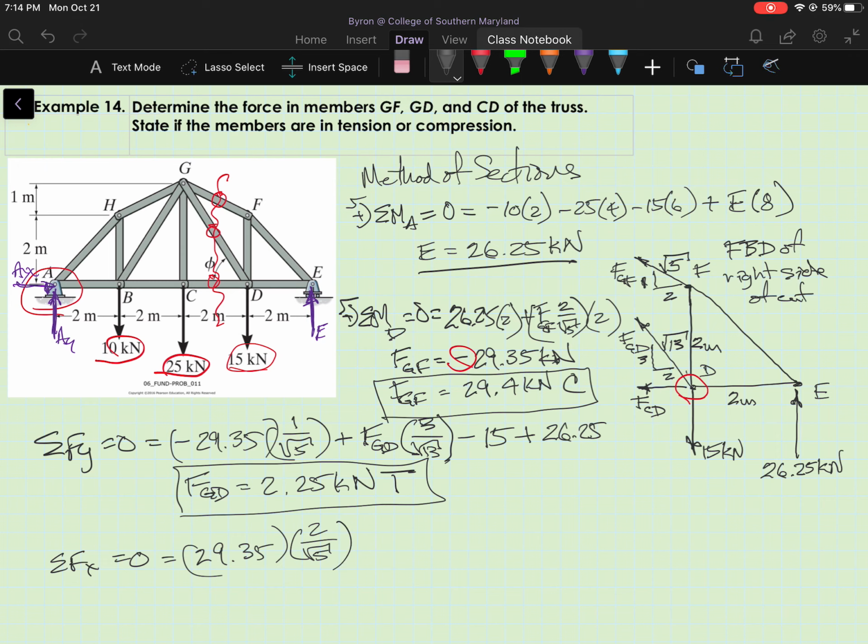And now I need the x component of FGD, and FGD is in tension, so it's acting to the left and upwards like it's shown on my free body diagram. So the x component of that is going to be minus the magnitude of FGD times 2 over root 13